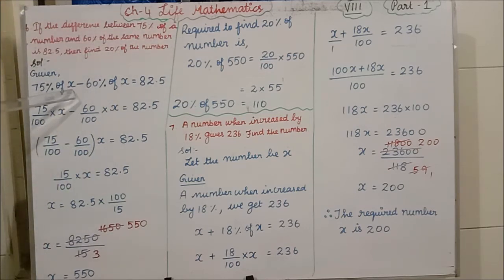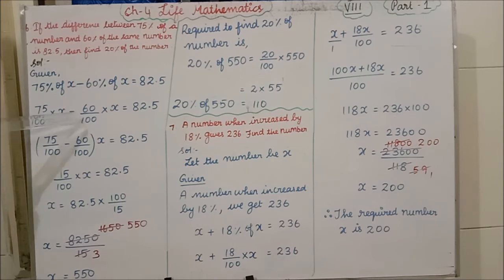So what number have we taken here? The same number here also you have to write. Clear? So 60% of x. The answer they were given? 82.5. Clear how I have written? Then next step. 75% means how can we write? 75 by 100 of, means into x, minus 60%, 60 by 100 of, into x, equal to 82.5.